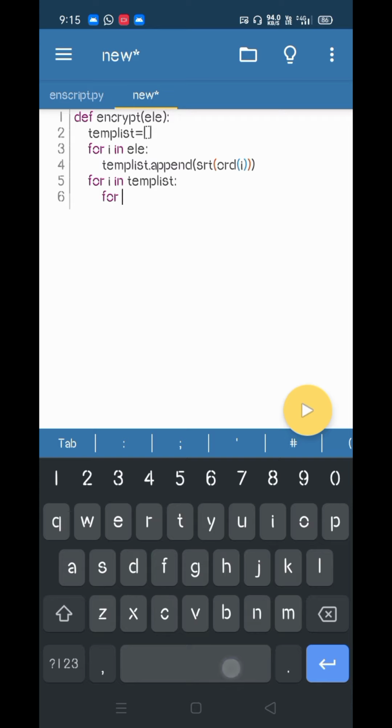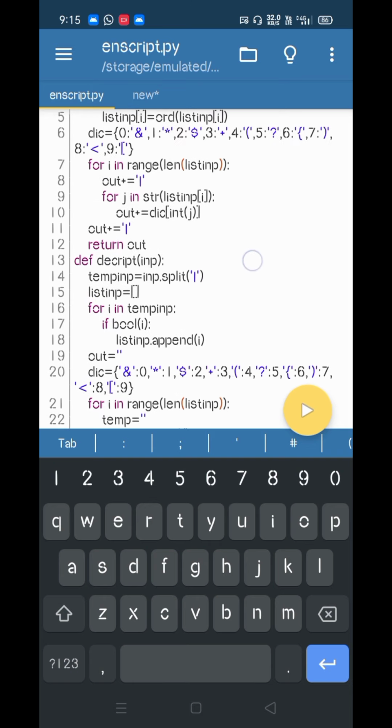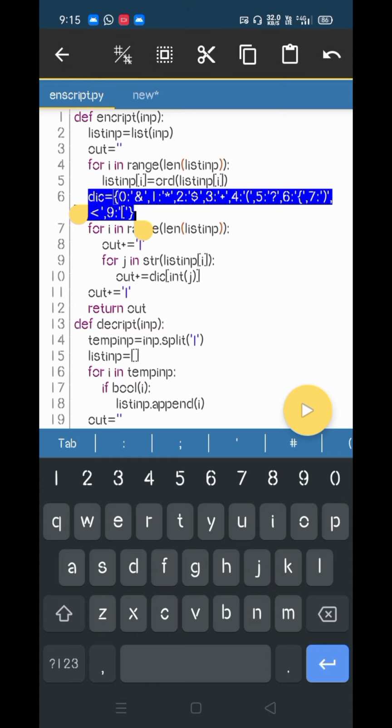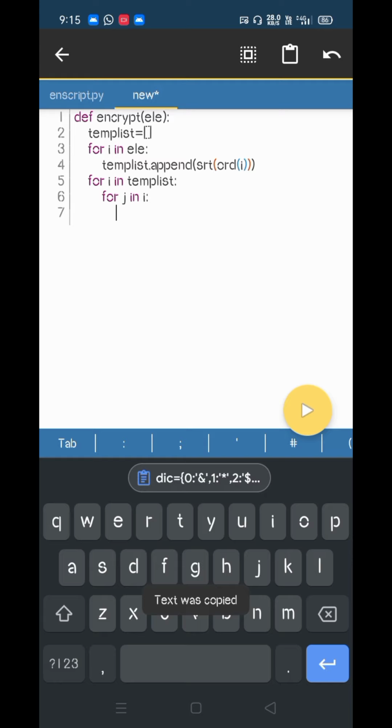So for i in, sorry, already we had used i, so for j in i we will compare. I am copying the same dictionary here. This is the dictionary. I will copy it and paste it somewhere here.